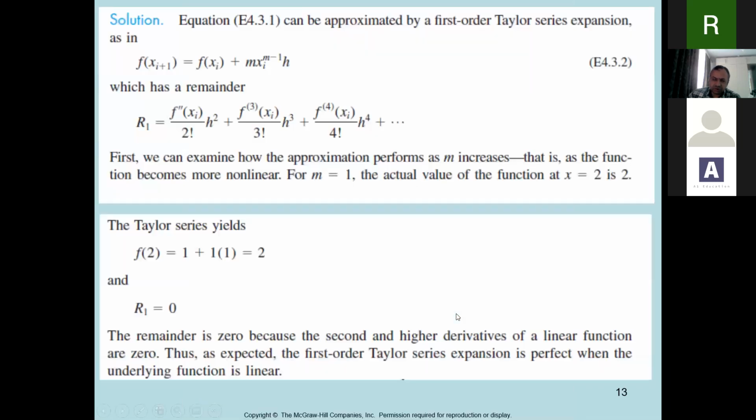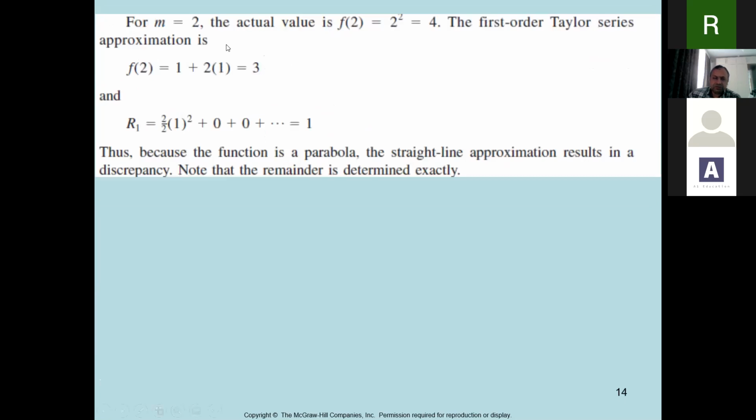So for m is equal to 1, the Taylor series yields the value of 2, and the remainder is 0. If we apply these values over here, the remainder is 0. So in this case, you can see that when the function is linear, the first order Taylor series produces the exact value. So this is the conclusion. And for m is equal to 2, the function is now non-linear,